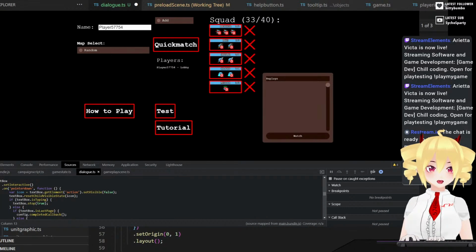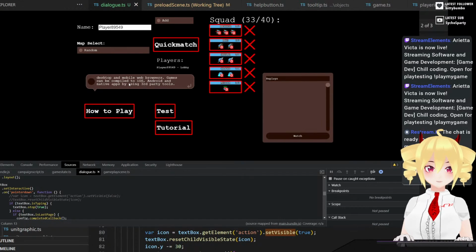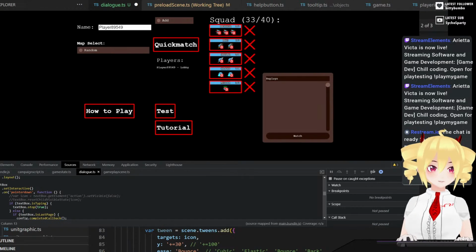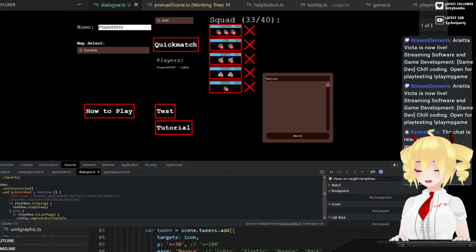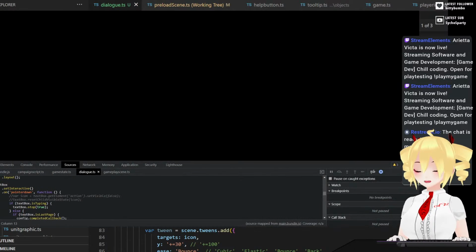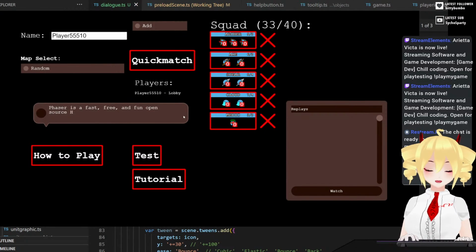Wait. No, it is the action. What happens if we do that? Oh, it dropped down further. That's kind of funny. What about if we just don't do that part? So I'm trying out just not setting visible to false. So the arrow's not there, which is kind of...